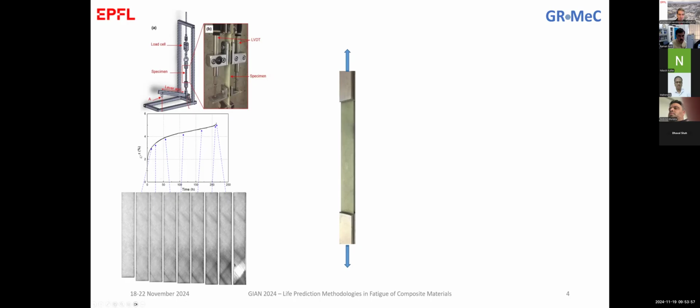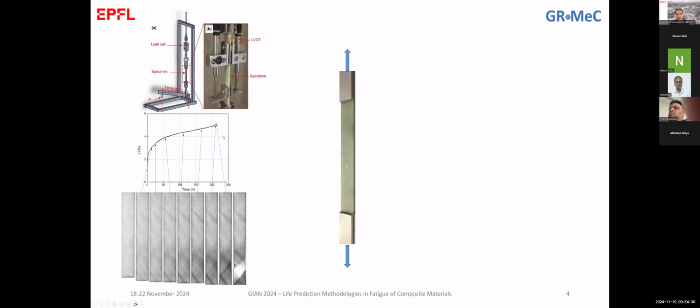And with this, we measure the strain of the material during time. And during the loading, if we take photographs of the material, specifically here, because we have glass material which is translucent, we can observe the damage that is accumulated in the material during this creep loading. So this information here, the increase of the strain, is very significant for the material,